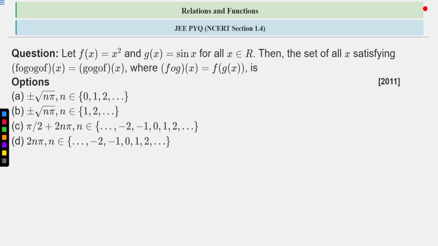So this question is on composite functions, right? We know that if f(x) is given and g(x) is given, then we can find f of g(x) or g of f(x). So using composite functions, we can find the value of fog(x), or f of g(x). In this way, you can try to think about this question. You have 10 seconds to solve or think about it. After that, we will discuss the solution part.